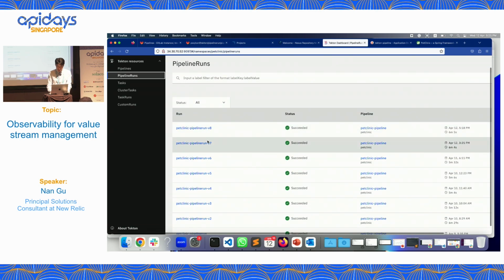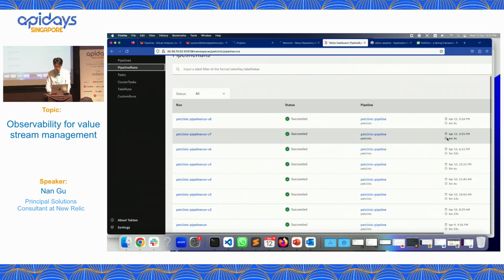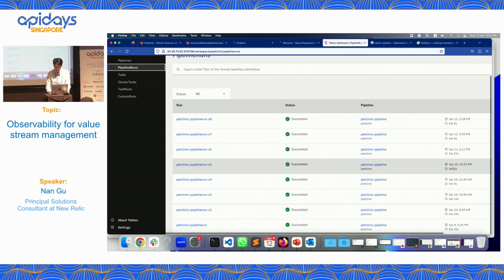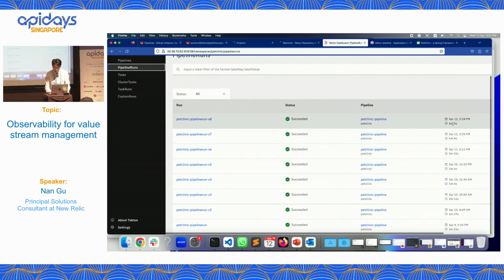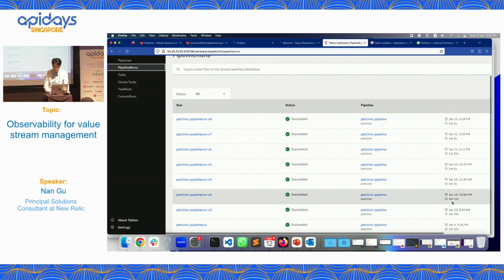So in the past few times, the same application, Pet Clinic, Tecton is performing okay, from 5 minutes to 6 minutes. Why is it 6? Because if you are continuing to run a pipeline, the pod is there and they're not pulling the image. So sometimes they take longer for the first run. But as you can see here, Tecton is using around 5 to 6 minutes for each pipeline.